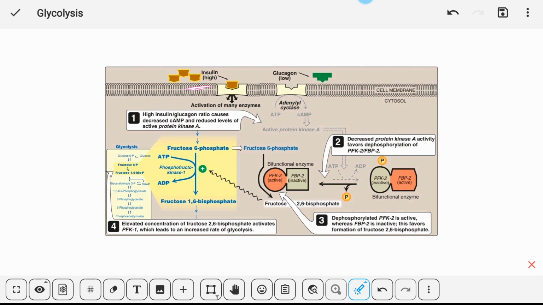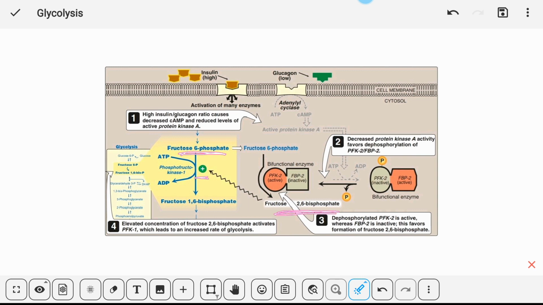We have insulin at high concentration. Obviously the whole pathway of this protein kinase A and its phosphorylation will not be occurring anywhere in the body. So there will be dephosphorylation. Instead of phosphorylation of the bifunctional enzyme, there will be dephosphorylation of this domain, the phosphofructokinase 2 domain of this bifunctional enzyme. This domain, phosphofructokinase 2, will become active and it will convert some of the fructose 6-phosphate into fructose 2,6-bisphosphate, which then